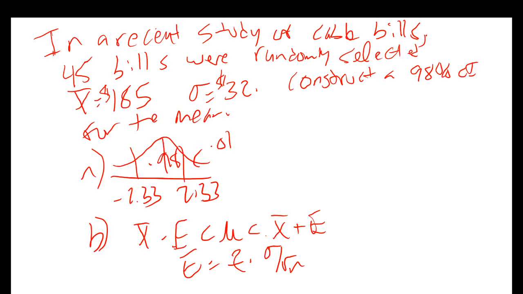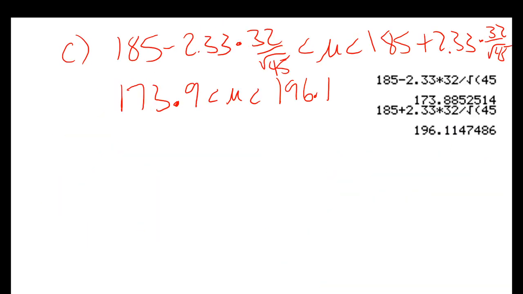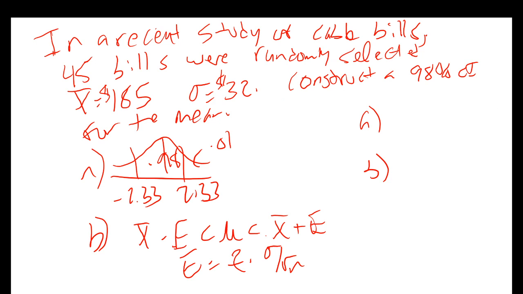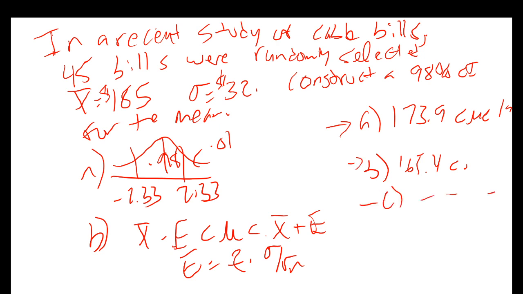Here's the deal. If you have this problem on the test, and you know the test is multiple choice, and the problem says construct a 98% confidence interval, and then it gives you a series of answers, and all it is is a bunch of confidence intervals, like 173.9, 165.4, whatever it is. If it's just asking you for the confidence interval and it's just giving you these choices, which are all set up as a confidence interval, then let's just be honest. All you really got to do, if we're being truthful about the situation,